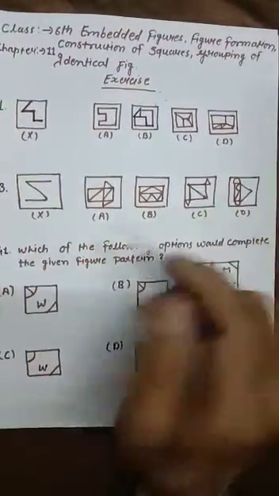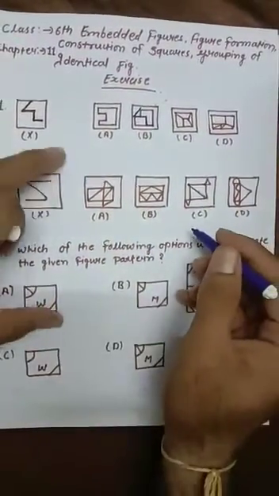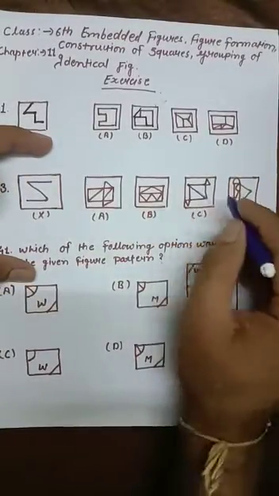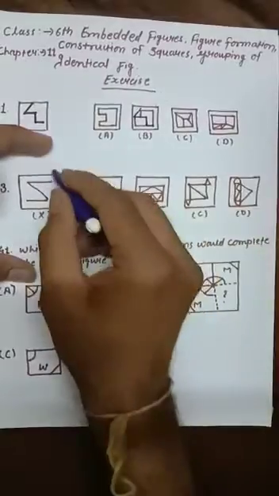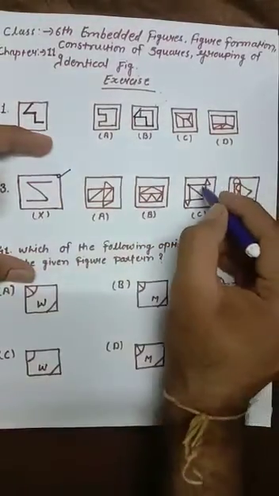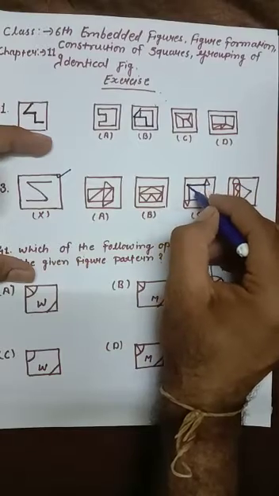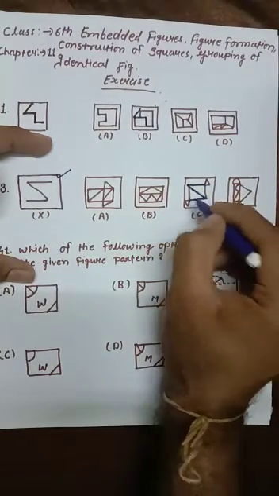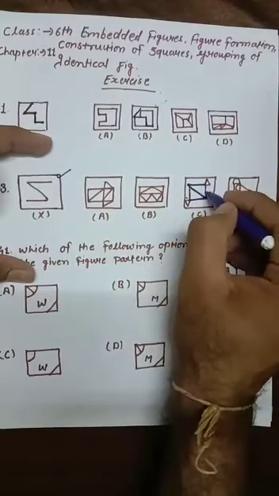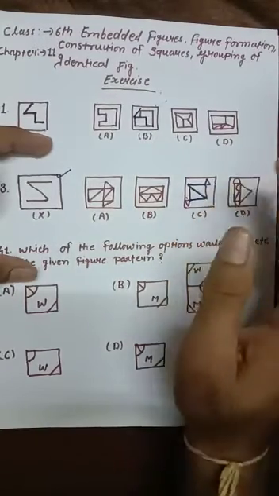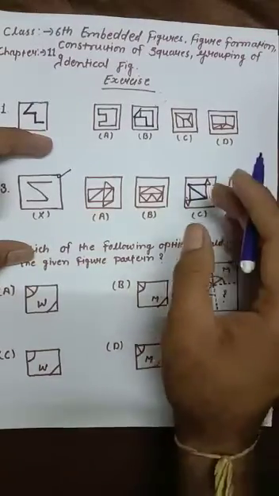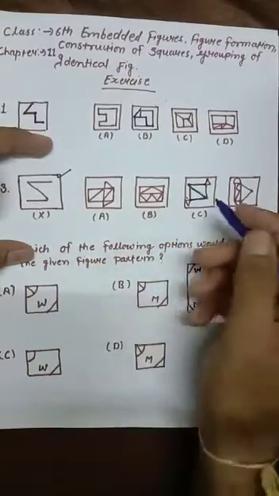In this question I can easily say that in part C, see, this kind of figure is already given. So we just have to extract this embedded part of the figure. It will be this one. These are the extra parts. Now this is extra, this is extra. The extra part we don't care about. We don't need the extra part of the figure because it is created for the question.